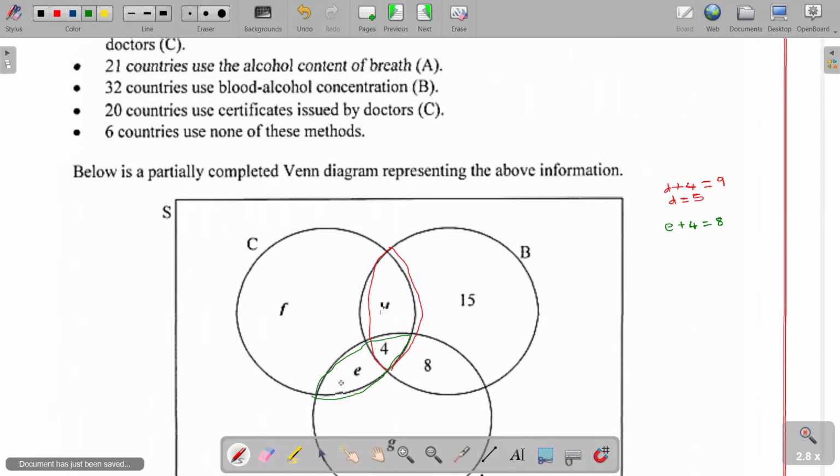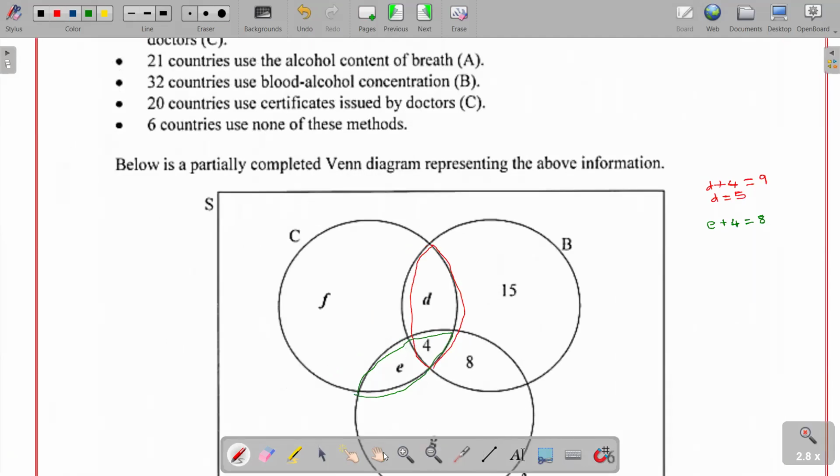So if we are to check, this is A, this is C. So A and C is this region I put in green. So we can therefore solve for E. It therefore means that E will be equal to 8 minus 4, which gives us 4. Then F,